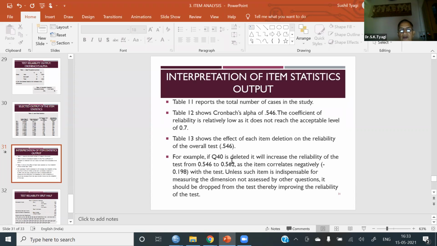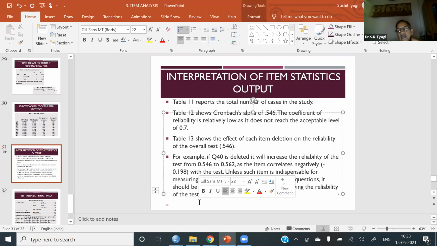For example, if item 40 is deleted, it will increase the reliability of the test from 0.546 to 0.562, as the item correlates negatively, minus 0.18198, with the test. Unless such an item is indispensable for measuring a dimension not assessed by other questions, it should be dropped from the test, thereby improving the reliability of the test. This is how item analysis helps you to improve your scale or test reliability.